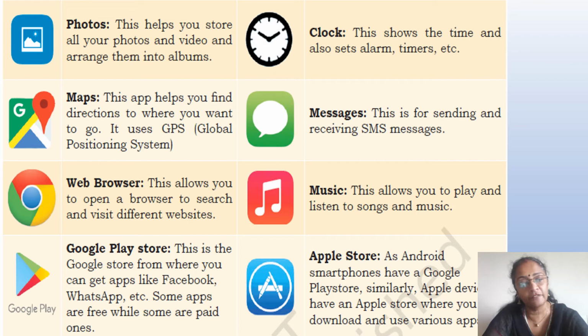You also have the Google Play Store, in which you can get all the different types of apps for playing games, for whatever work you want, for booking tickets. Every type of app is available in the Play Stores, be it the Google Play Store or the Apple App Store, so that you can work smoothly on your mobile phones.